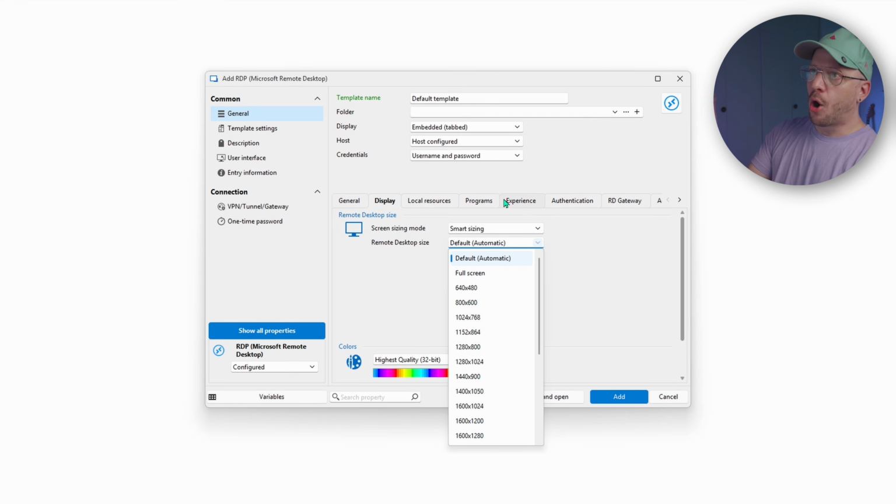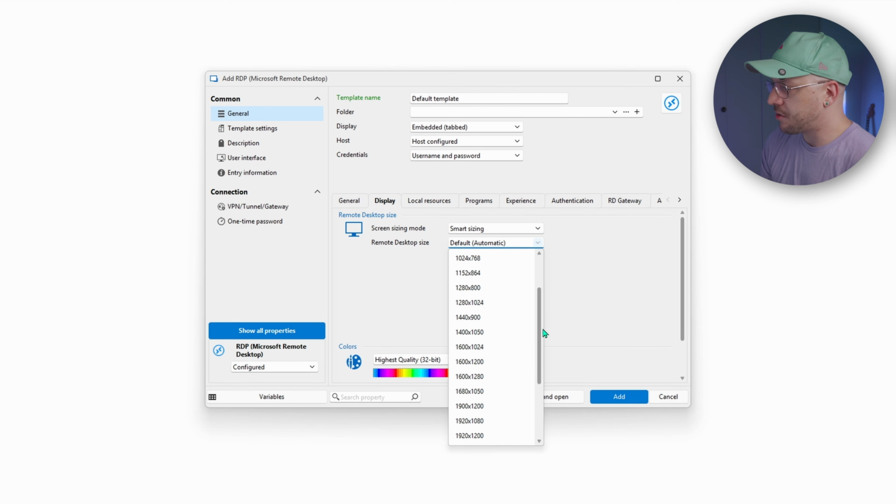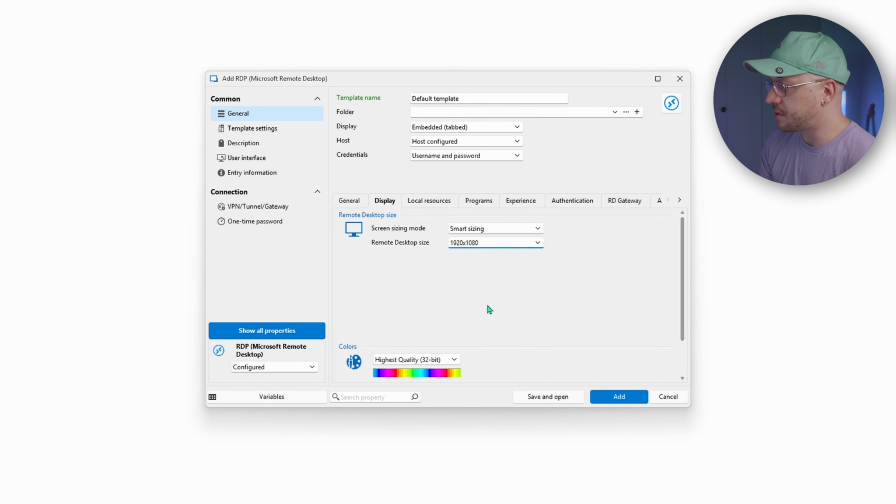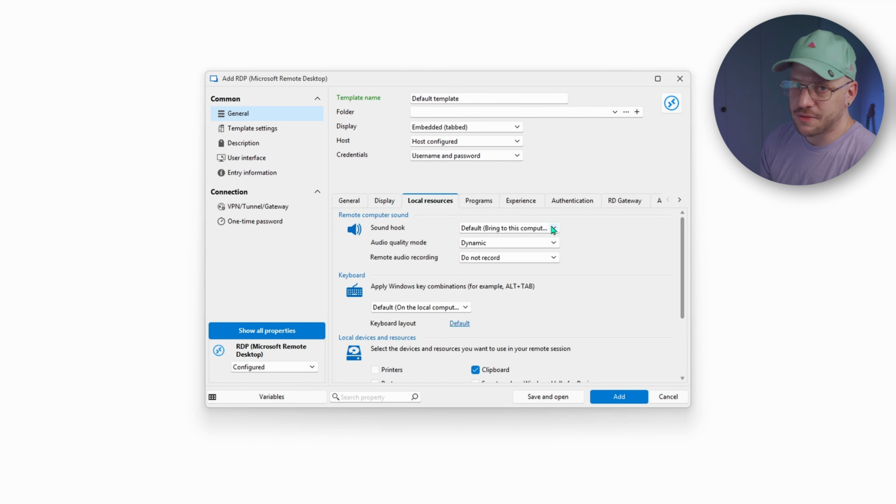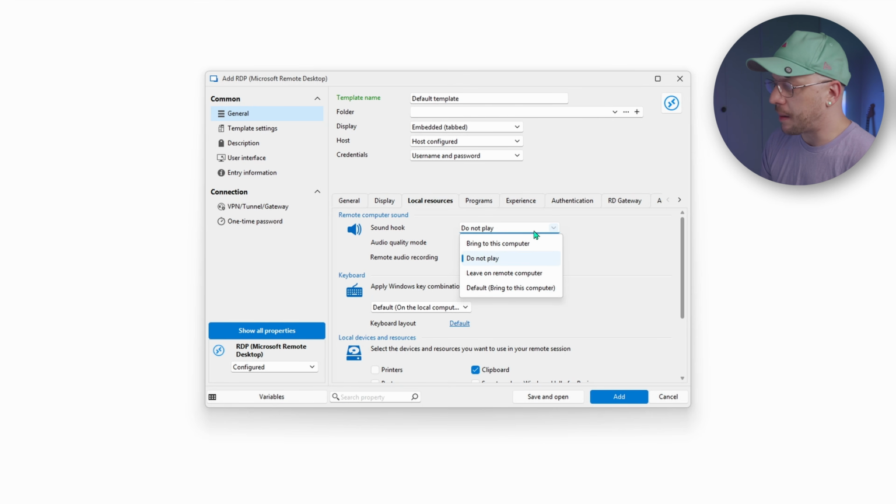For me, because I'm always on a 1440p monitor, I just prefer to have my remote sessions be 1920 by 1080, so they're just a little bit smaller than my display. So scroll down here on the remote desktop size, do 1080. Local resources, it's very rare that I need audio for remote sessions, so I'll just either do not play or